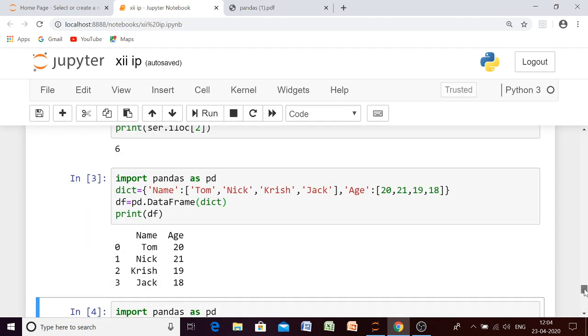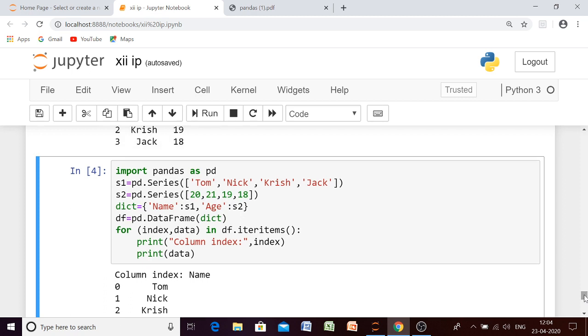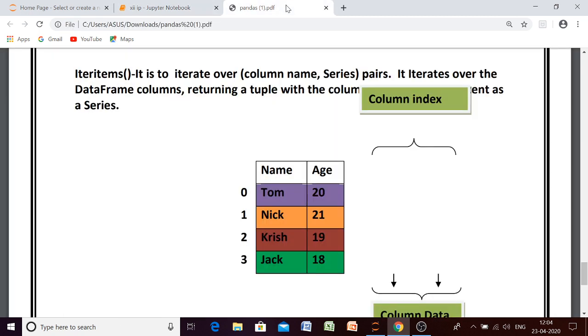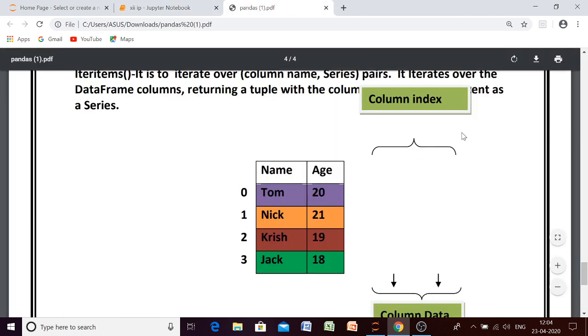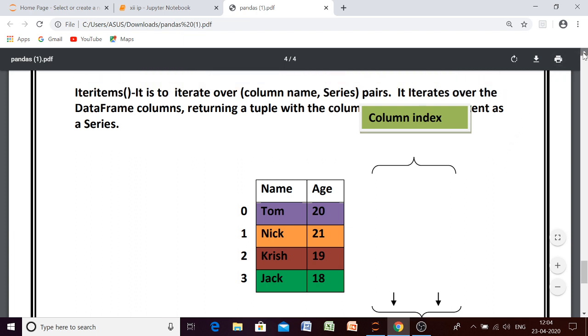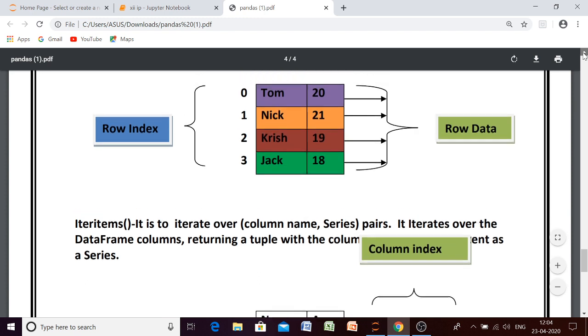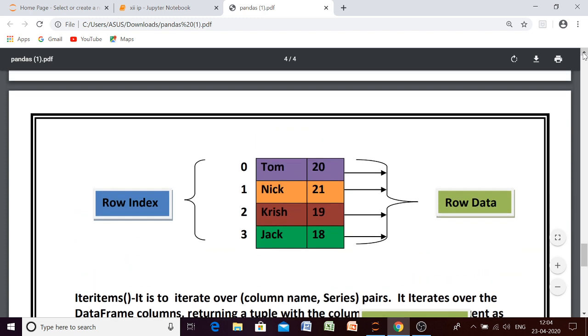So these are the two main functions used for iteration in the data frame. First one is iterrows and second one is iteritems. Not so difficult bete, you just try the code at your home, it will be easier for you.